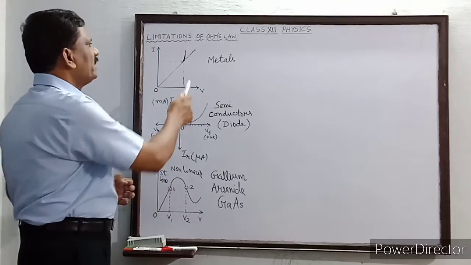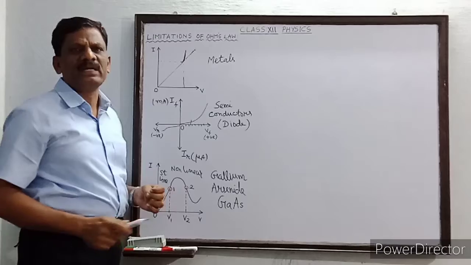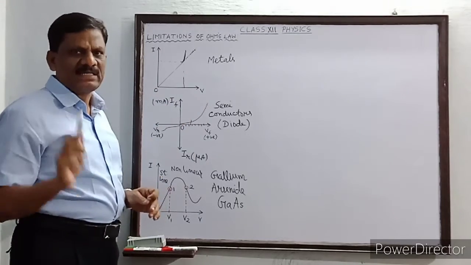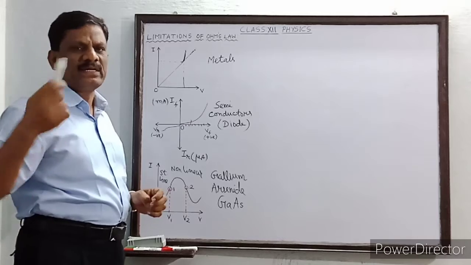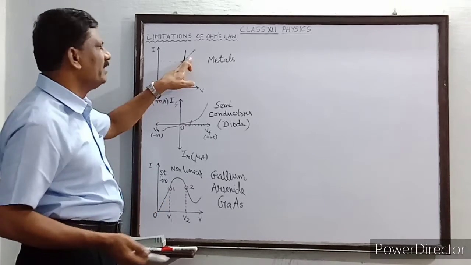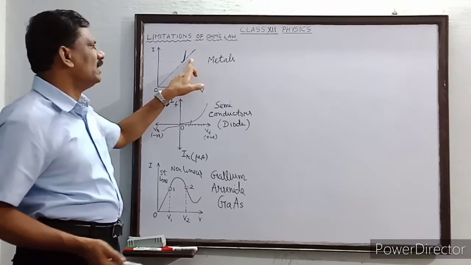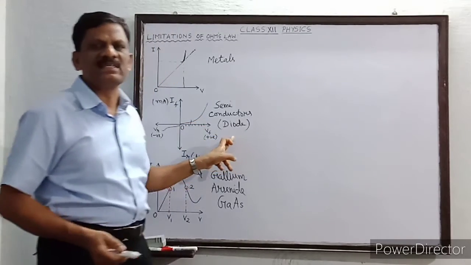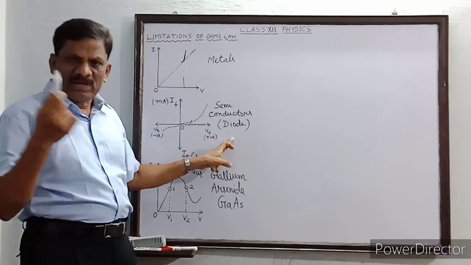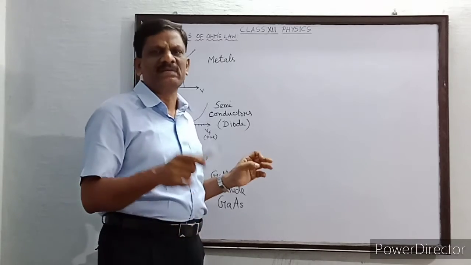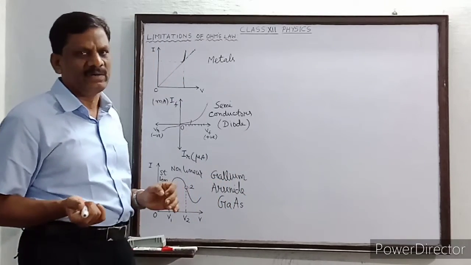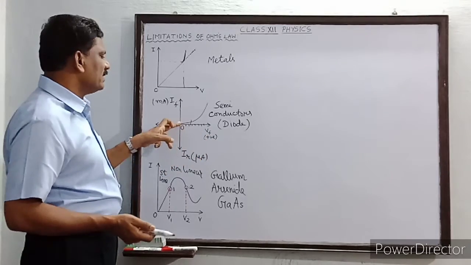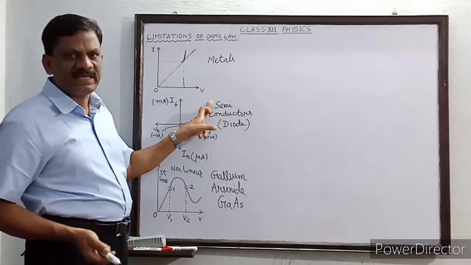So in the first case, for pure metals, the graph will be a straight line only up to a certain high voltage, beyond which, if the voltage is increased further, there is a deviation from the straight line path. And in the second case, that is the case of semiconductors such as diodes, the positive voltage is applied sometimes and the negative voltage is applied to the diode sometimes. So when the positive voltages are applied, this curved line is the nature of the graph.